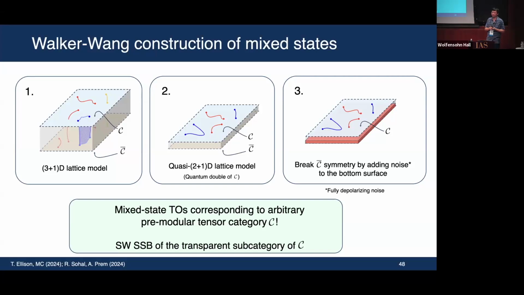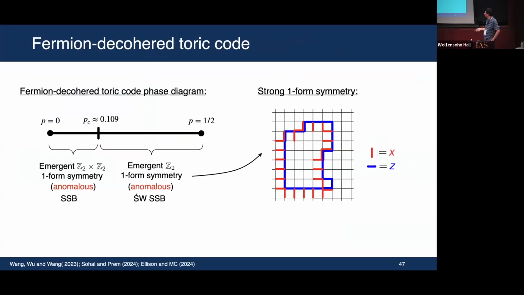In one of the examples, you used the Kramers-Wannier duality argument. Do you expect Kramers-Wannier dualities to hold for both strong and weak symmetries? Sorry, which example did you use? The toric code example. And you had the phase diagram, and you said, oh, that's the same as the Ising thing. Yeah. So I just made the statement that this phase diagram is the Kramers-Wannier dual of the phase diagram of the decohered Ising model.